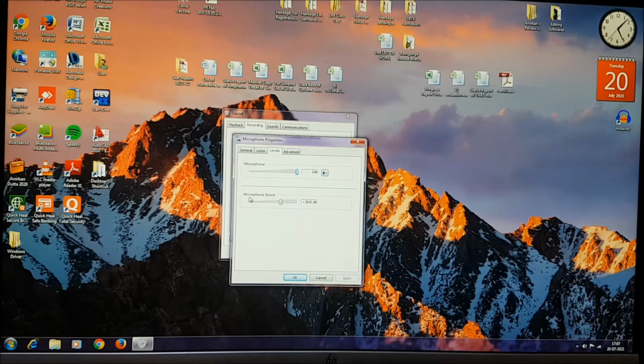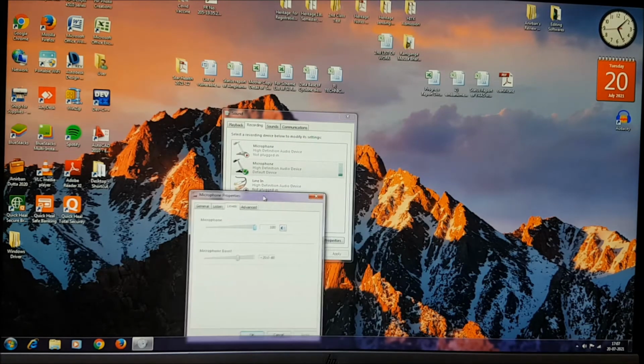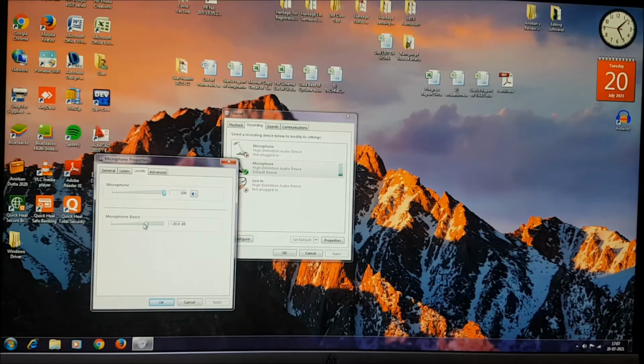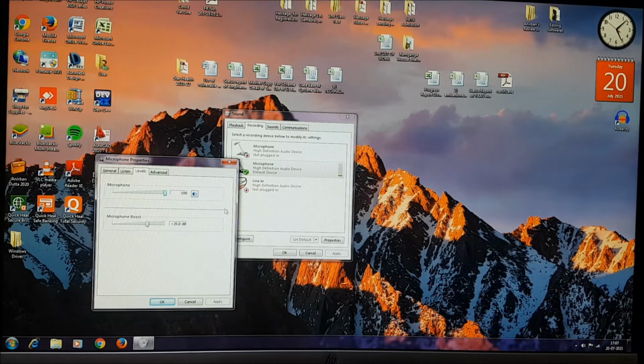And also you need to click on the microphone boost. As you can see, before increasing the microphone boost it is showing two bars. After you increase the microphone boost, then as you can see, however loud I speak, this green colored bar will go up and down like this. So please make sure that you always set these two settings to the highest possible level.